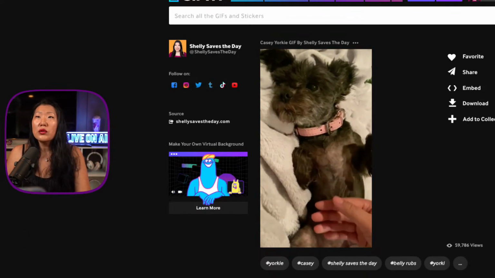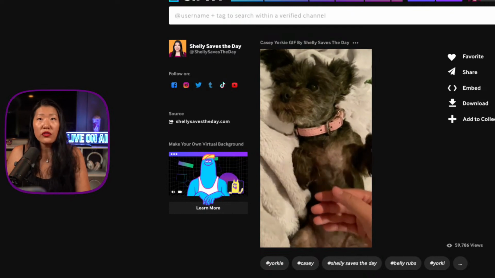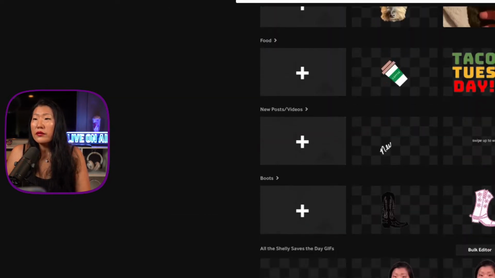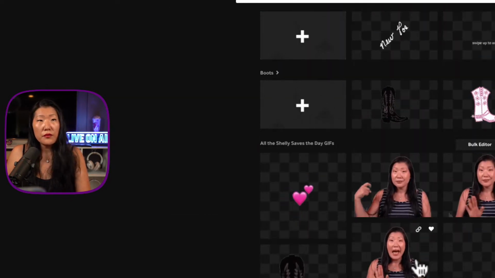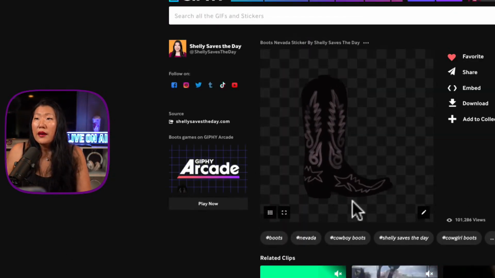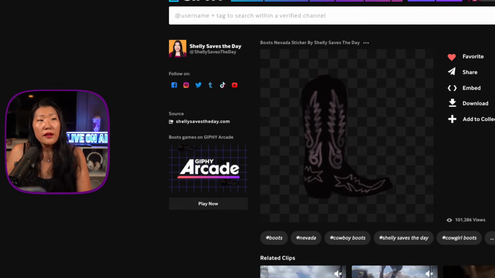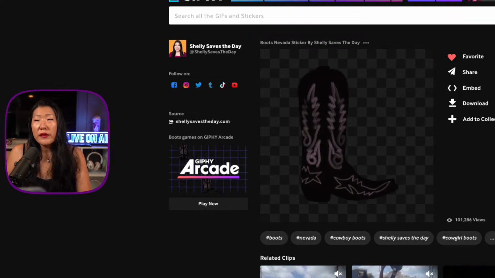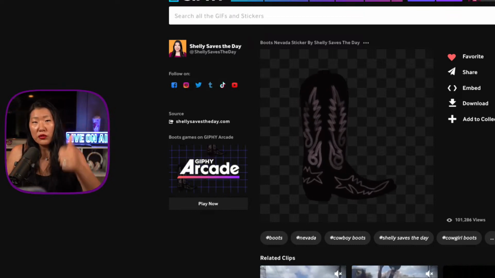So let's get into something now more complex, which is how I did the sticker of just me, which is going to be this guy. By the way, something like this, how I do an item like this, which was like a cowboy boot pulsing and whatnot, I did this inside of Procreate. We probably don't have time to go through this right now, but basically I took an item, I traced it,